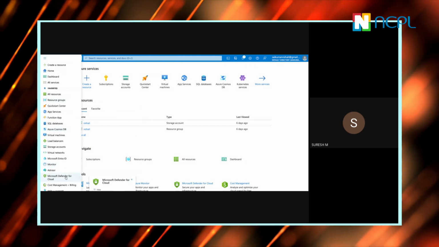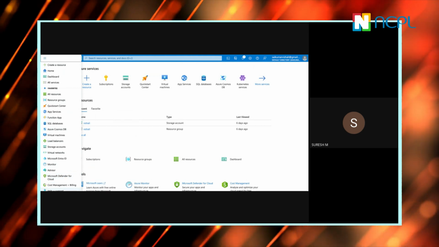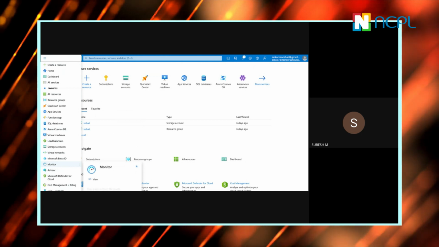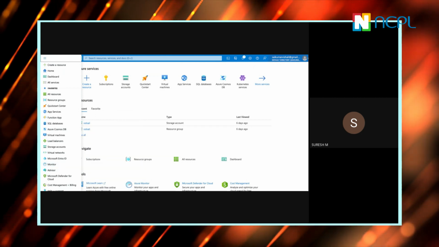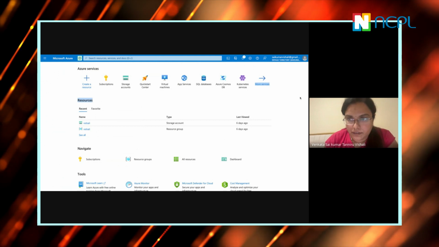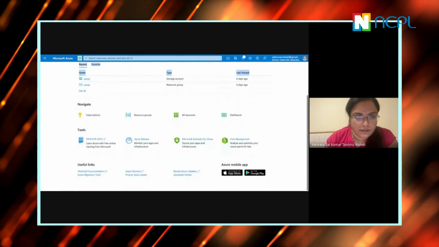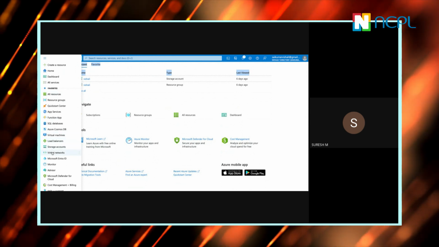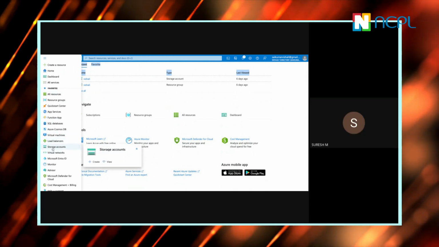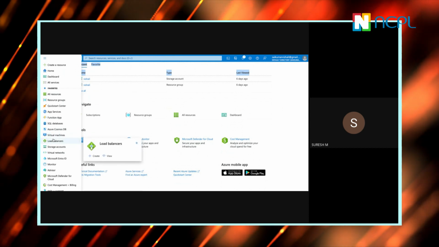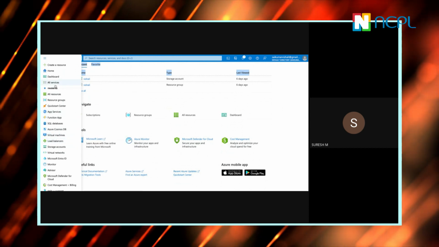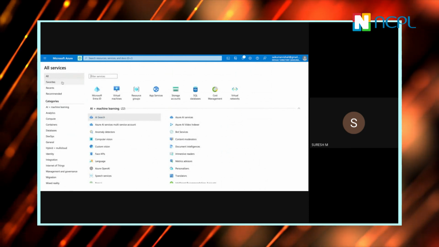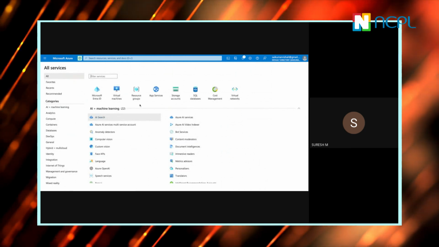Can you see something called storage over there? Not here. On the three lines button, whichever you're looking at. Go to all services. Yeah, click on that. Yeah, here on the last, you see something called storage.